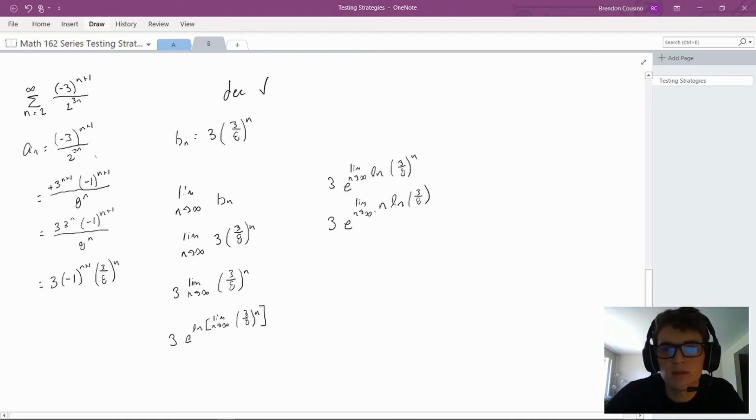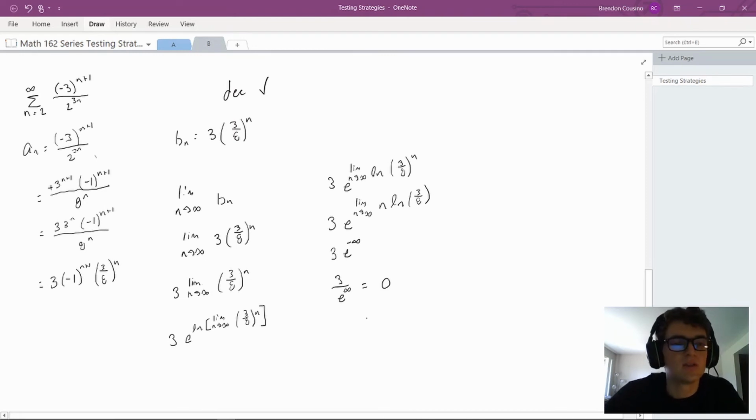Okay, so now if I plug in my infinity here, this is just a constant, but the important thing to know is that this is a negative constant, right? So when our argument of our natural log function is less than 1, our function is negative, okay? And then when we plug in infinity to n, we're going to get infinity times a negative number, which is going to be like negative infinity, right? So this is going to be 3e to the negative infinity, which is equal to 3 over e to the infinity, which, with e to the infinity in the denominator going towards infinity, is just going to be equal to